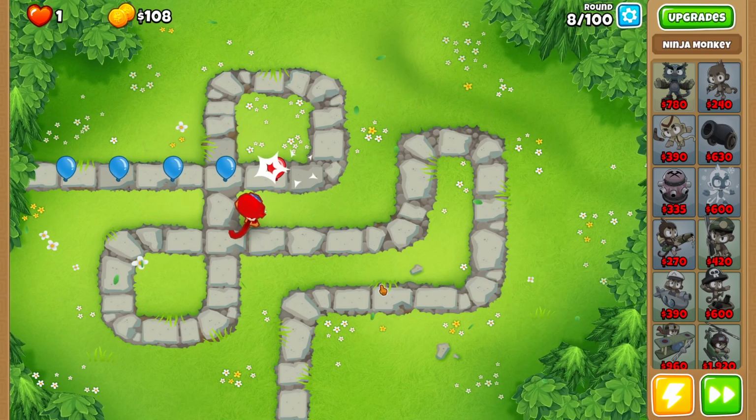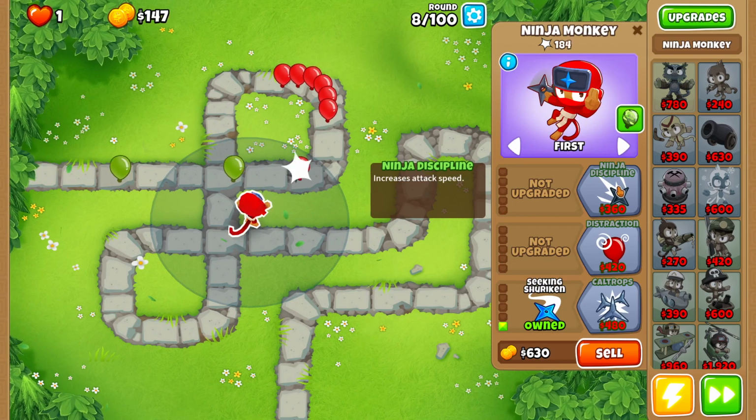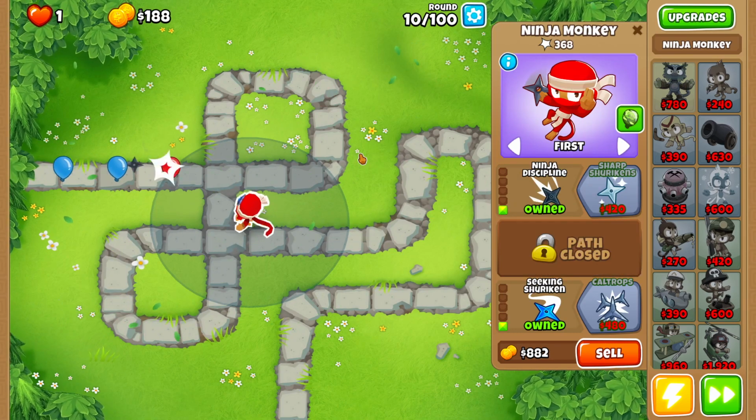monkey. Perfect. Okay, so now the next thing I want to do is I want to grab ninja discipline. That way we can increase our popping power just a little bit. All right, there's our ninja discipline. That was a little bit close there, but we managed to clutch it out